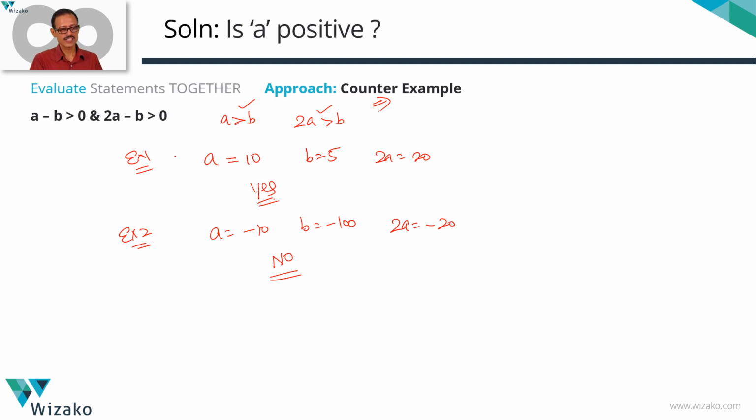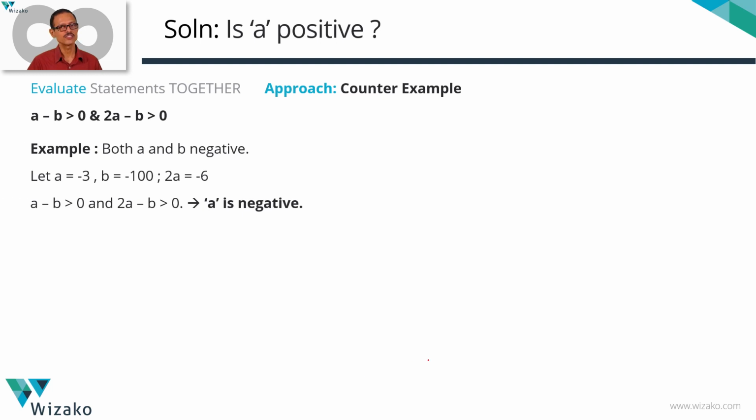Both these examples, example 1 and example 2, satisfied both these statements given to us. So we picked examples that satisfy both the statements. One case we got a yes, another case we got a no. A counterexample exists despite combining the 2 statements, which means the statements together are not sufficient. At the end of evaluating statement 2, we were down to C or E. Together the statements are not sufficient, which essentially means that answer option E is the correct answer. The given data is not sufficient.